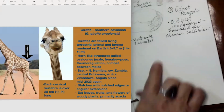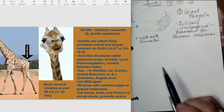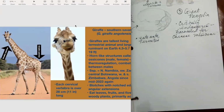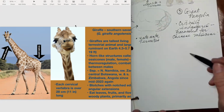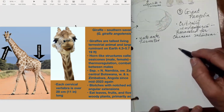And I'm going to have to fit my giraffe in here. So you can have fun, just do the head and maybe just the structure of its body to get the proportions right. And what's interesting is looking at the proportions. If you measure from, say, the ear to the shoulder, the neck is exactly as long as it is from the shoulder to the ground. So if we are doing our giraffe here, okay, if this is the top of the head,